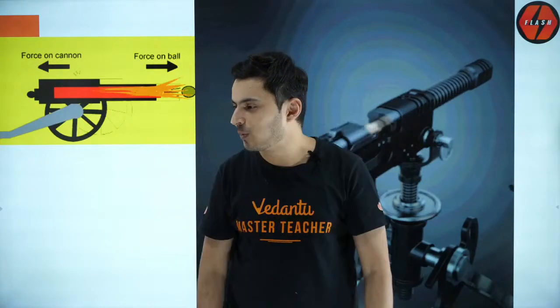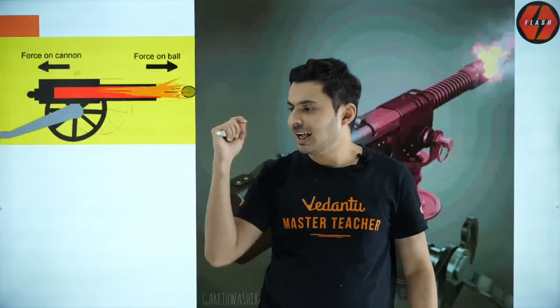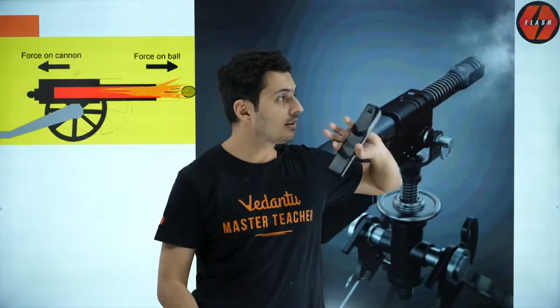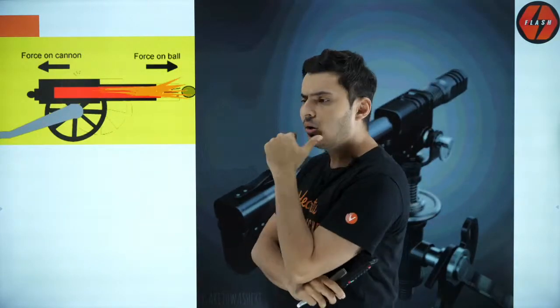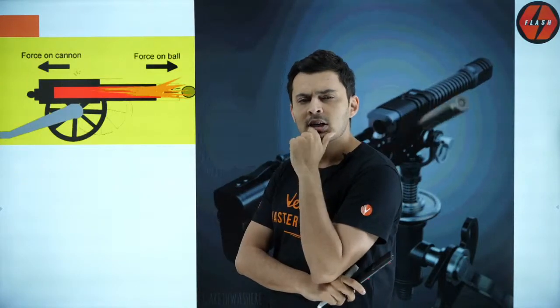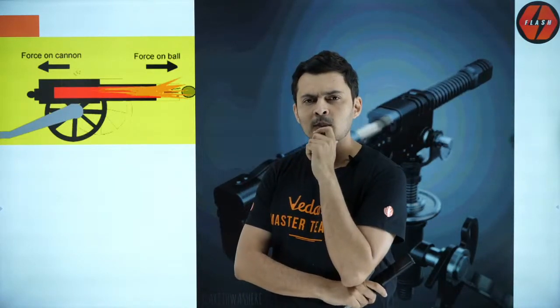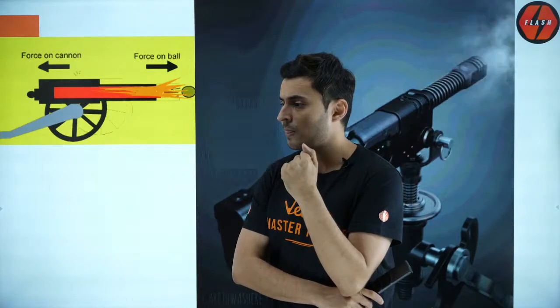Yes, I hope you guys understood it now. So hence, understand the system has gained kinetic energy. Now I'll be like, oh my god, before firing, it did not have kinetic energy. Now suddenly, it has got kinetic energy. Where did the kinetic energy come from? Think about it. Where did this kinetic energy come from?